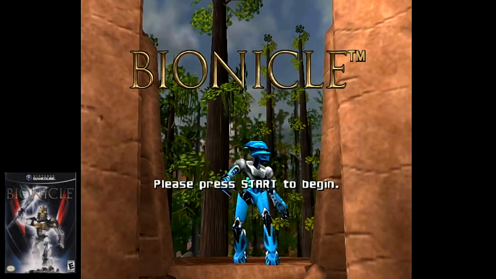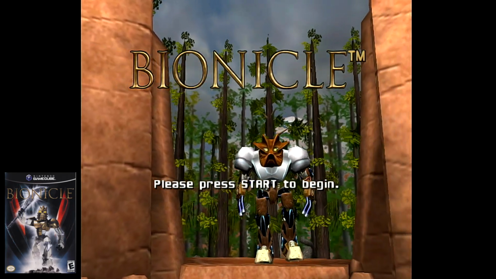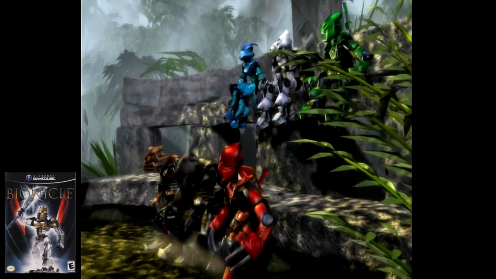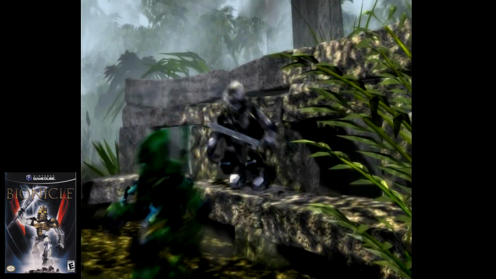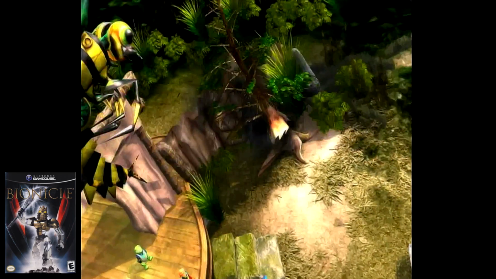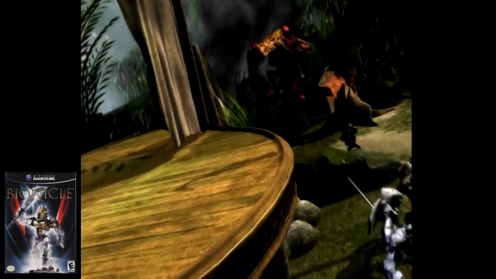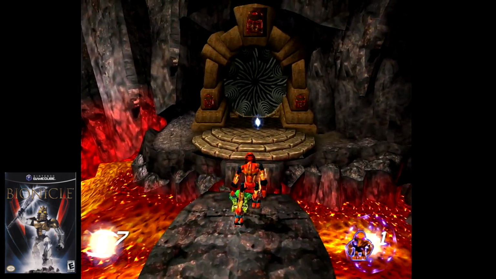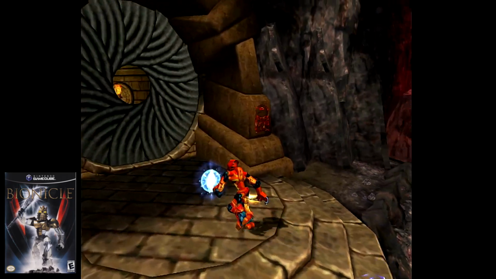Next up is Bionicle, published by Electronic Arts and developed by Argonaut. Back in the early 2000s, LEGO came up with a new popular property called Bionicle. On the island of Motunui exist 6 elemental regions, each protected by a Toa. Toas are warriors with elemental powers based on their region. You will take control of all 6 Toas in the quest to stop Makuta from spreading darkness across the land